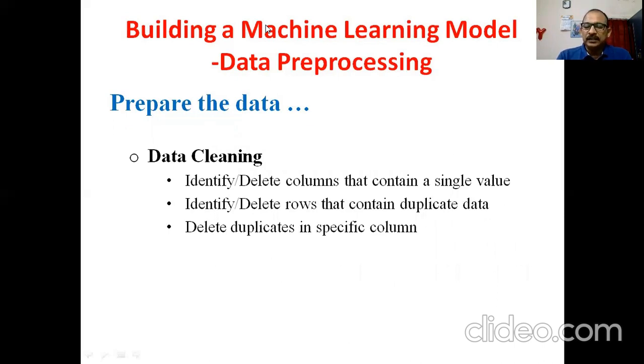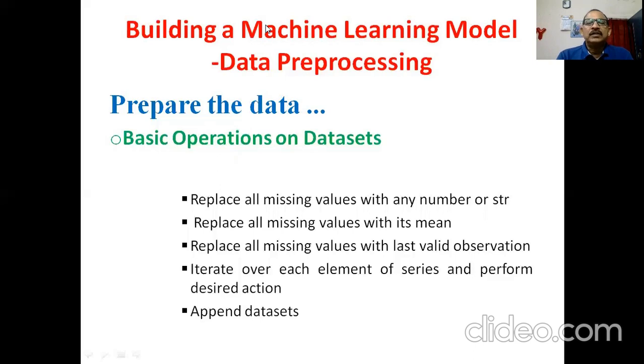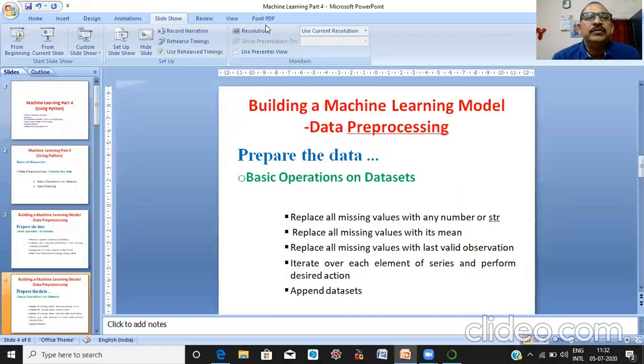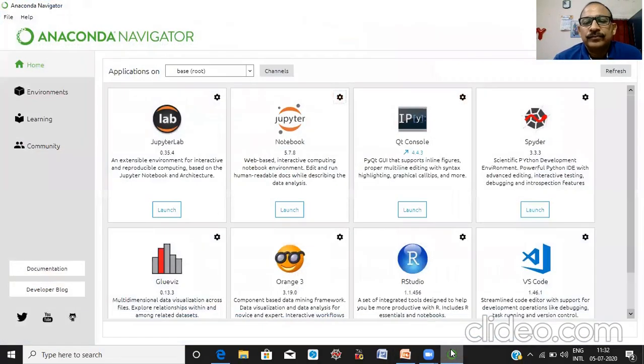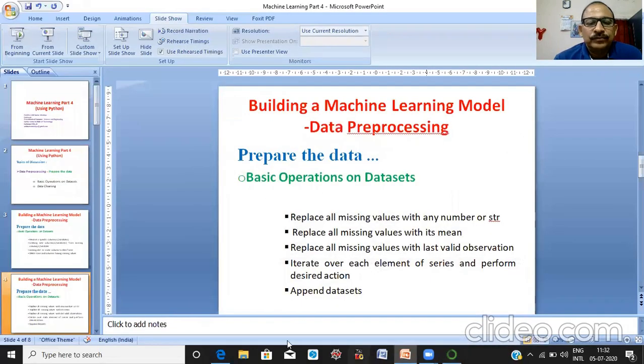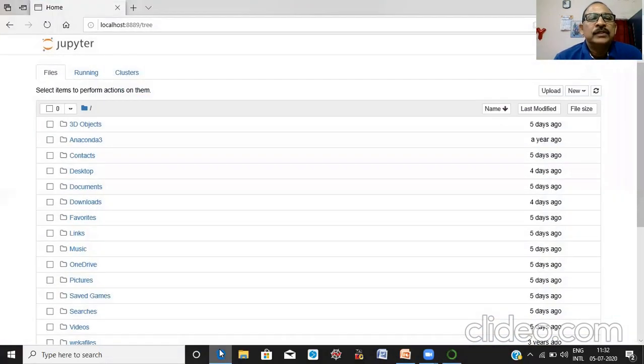Next is the data cleaning activity. Let us see how we will do these activities with the help of Python. With the help of the Python language, this is the Jupyter notebook.